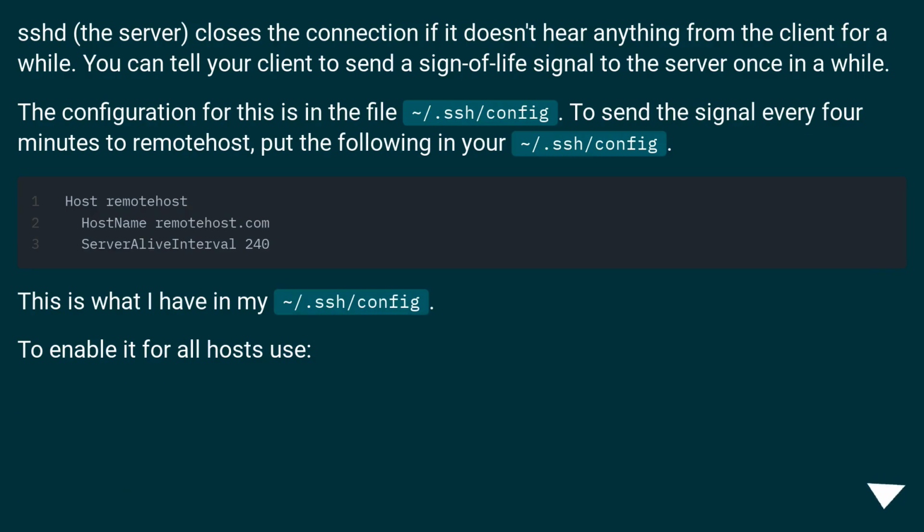SSHD, the server, closes the connection if it doesn't hear anything from the client for a while. You can tell your client to send a sign of life signal to the server once in a while. The configuration for this is in the file ~/.ssh/config. To send the signal every 4 minutes to the remote host, put the following in your ~/.ssh/config. This is what I have in my ~/.ssh/config. To enable it for all hosts use: